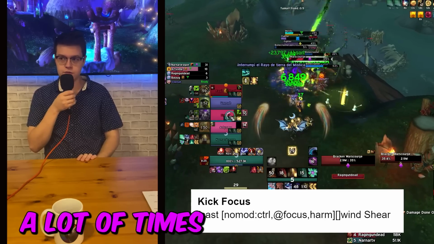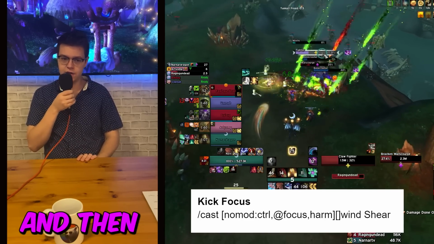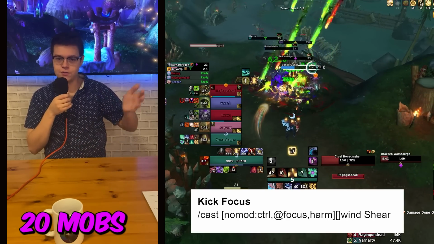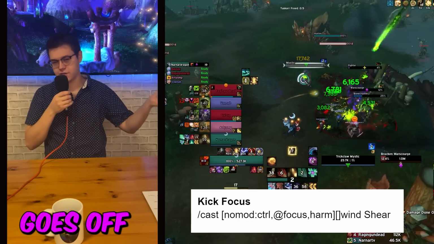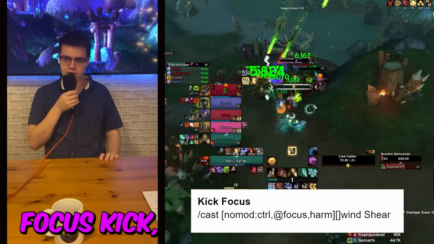There's been a lot of times when I've been in a group of people, and I'm like, hey, can you kick X? And then they say yes, and then X starts casting, and say we're fighting like 20 mobs or something. And then they're like, oh no, I can't get the nameplate. Oh no. And then the cast goes off and then we're dead. And it's just like, man, if you just had a focus kick, then it would be easy,